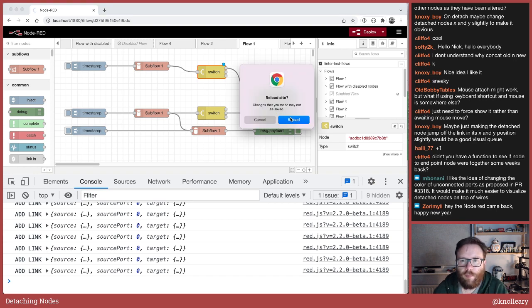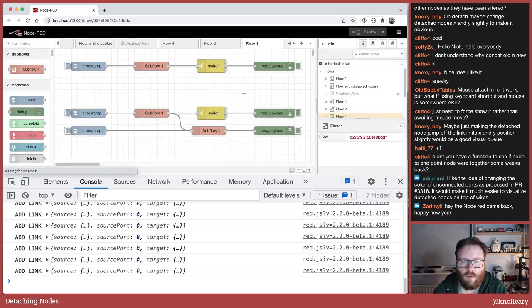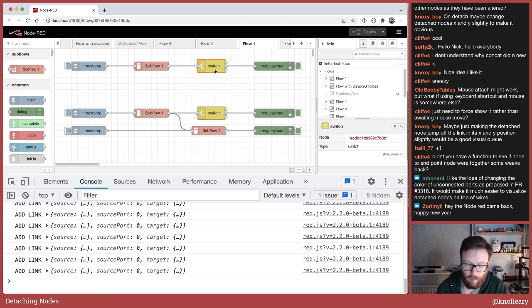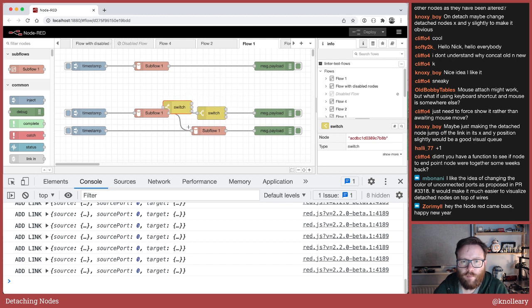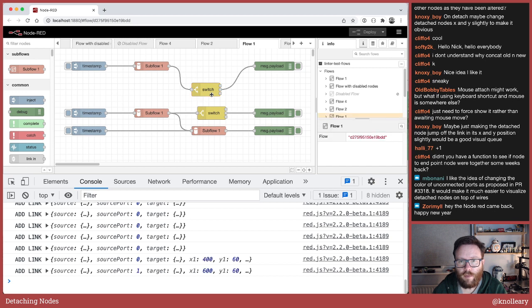Right, so there's some other buglets related to attaching it to the mouse. If I detach that node and move it down here, this mode we're in, we call it import dragging, because it is currently only used when you're importing a new flow. And because of that, there are some assumptions, such as pressing escape cancels the import. So if I press escape now, it's cancelled the import, but